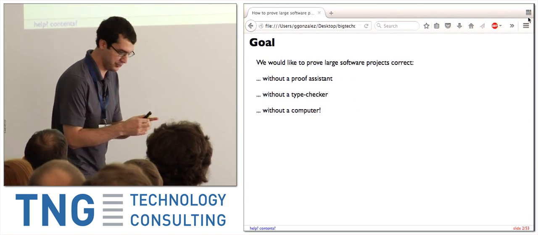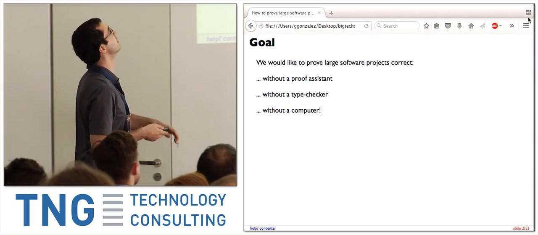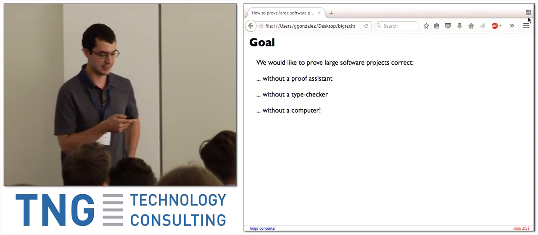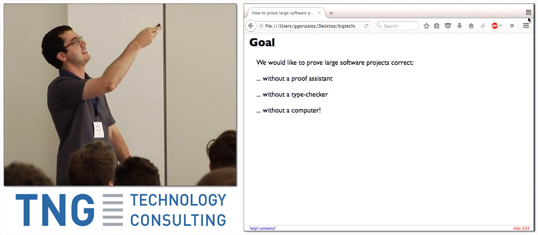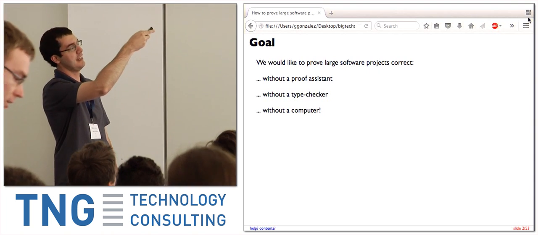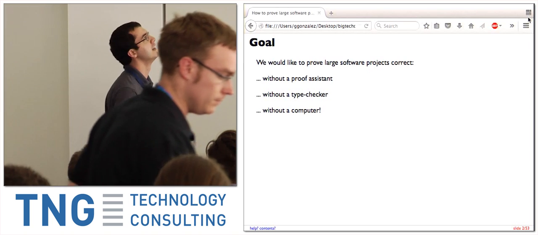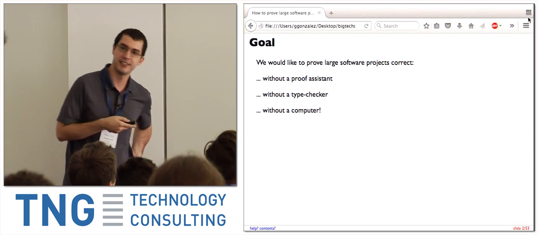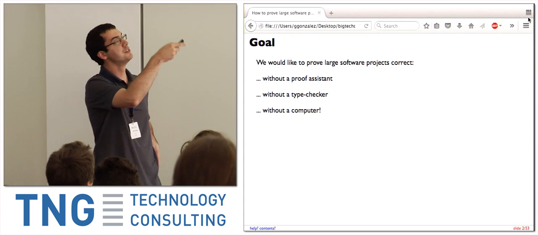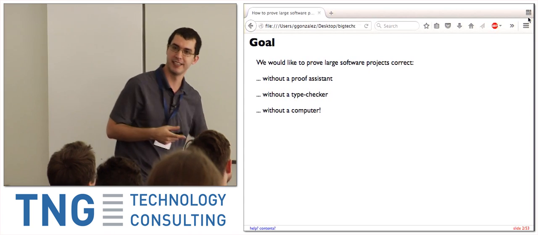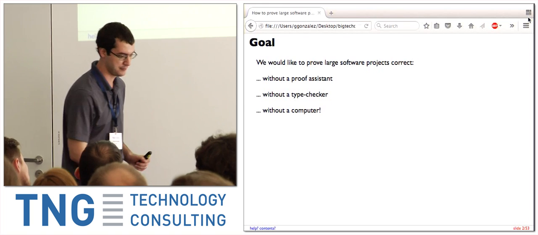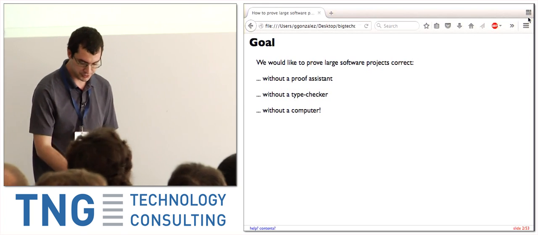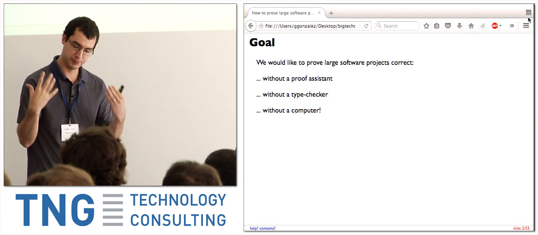But I have a kind of an unusual way of proving things correct. So most people, when they think of proving things correct, they'll think, OK, maybe you use a proof assistant, or maybe you use the type checker, which is a form of a proof assistant. But I'm actually interested in proving things correct without even having to use a computer. In other words, I want proofs that can fit on the back of an envelope, or maybe even your head, if it's simple enough. And so what we're going to do is, to make these proofs simple enough that humans